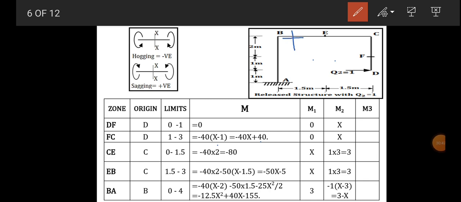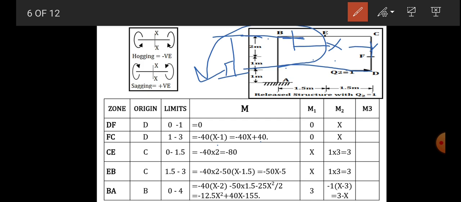For the EB zone, this is the imaginary axis located at a distance of x from the origin C, and this is the line of action for the force Q2. The force is horizontal. Consider the horizontal imaginary axis, and this will be the lever arm, which is 3. If you rotate about the horizontal, you will get an anticlockwise moment, so positive. So 1 into 3, the lever arm. This distance, C to D, is 3. So 1 into 3 becomes positive 3 anticlockwise.